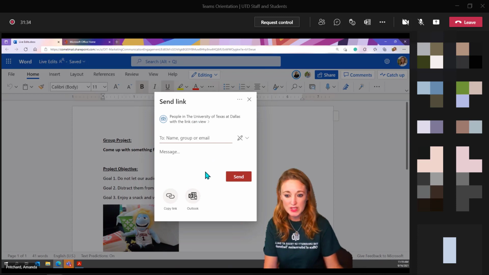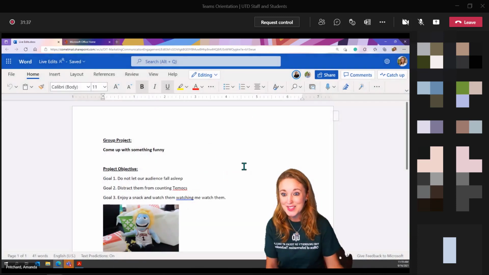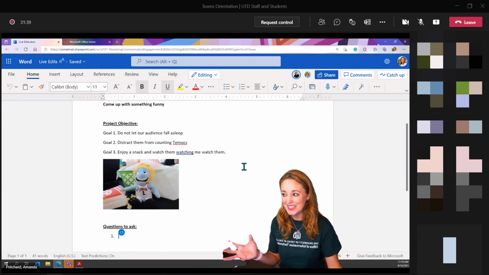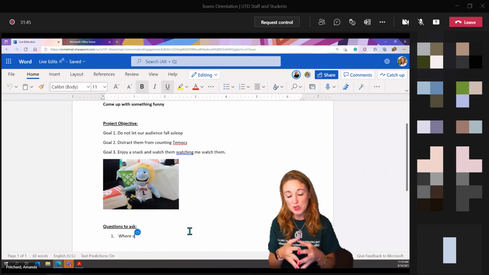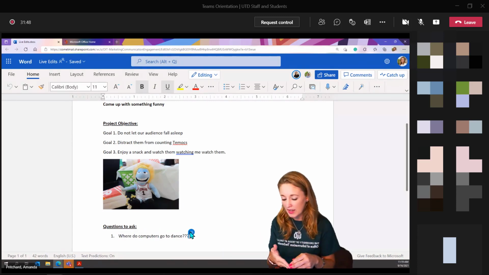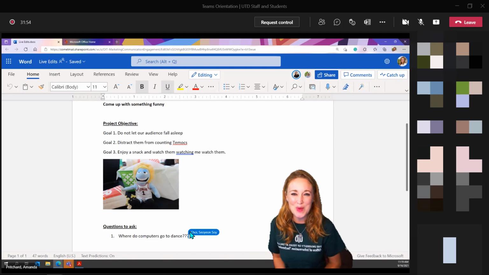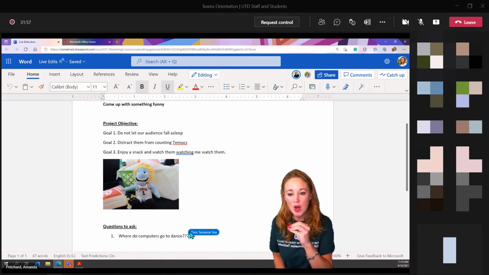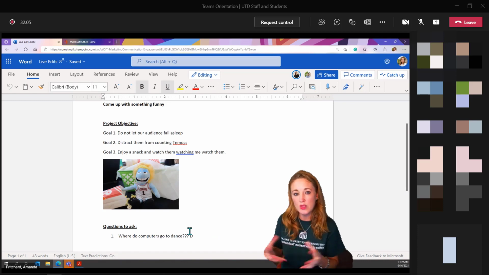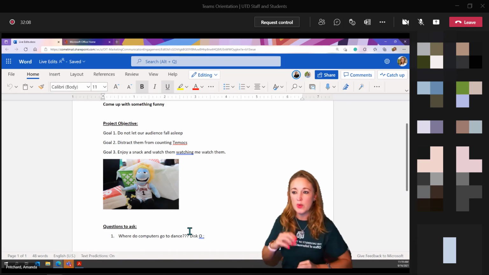So I do think it's important to point out those options, because when you share it, then you can come as a group and have multiple people editing a document, a file, a PowerPoint, whatever platform you're using in the Microsoft suites, and you're able to have everybody on there at once, editing and commenting so that you can share all of that. I use this a lot in OneNote with my team so that we can put up tasks, we can put up deadlines, we can put up our calendar and our schedule